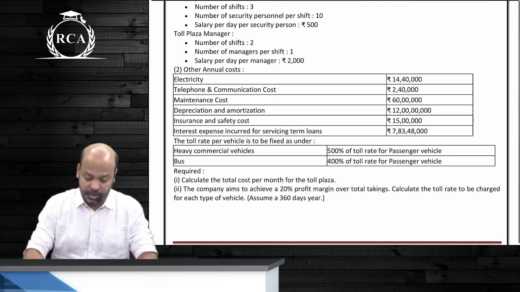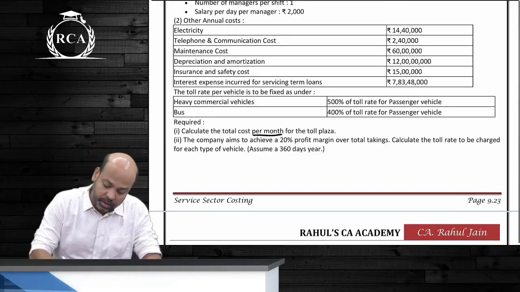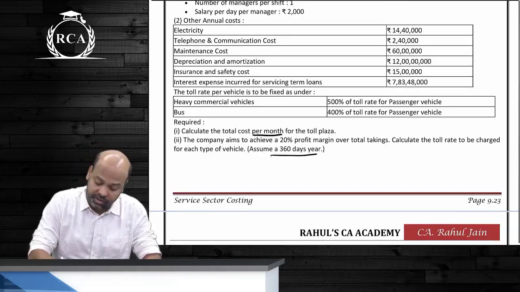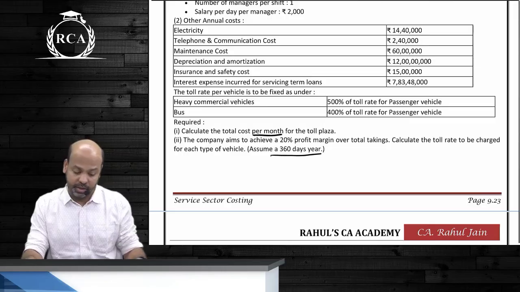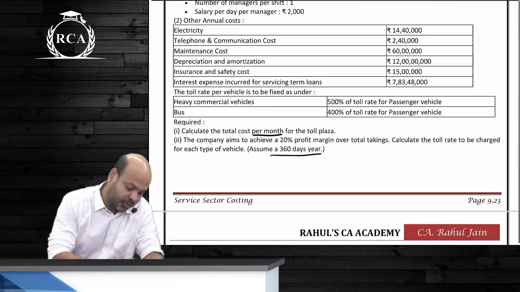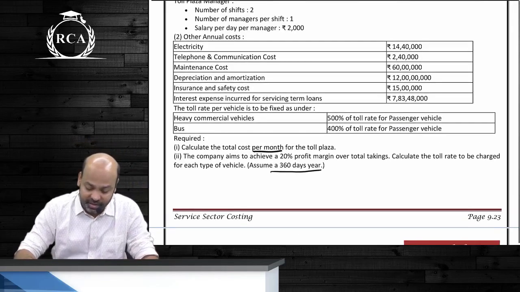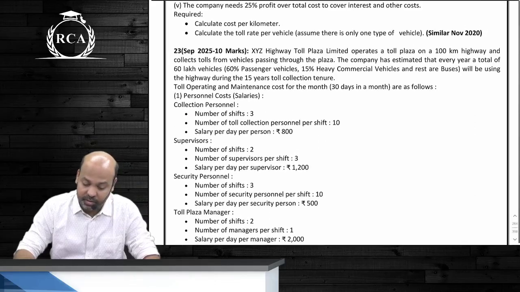What was given in the entire statement above? Annual, guys. Now he is asking us to compute cost per month. Below it is given, assume 360 days in a year. So how many days will there be in a month, beta, Nupur? 30 days, beta. You do not have to look at your fingers and check 30 or 31. It was given in the question above also.